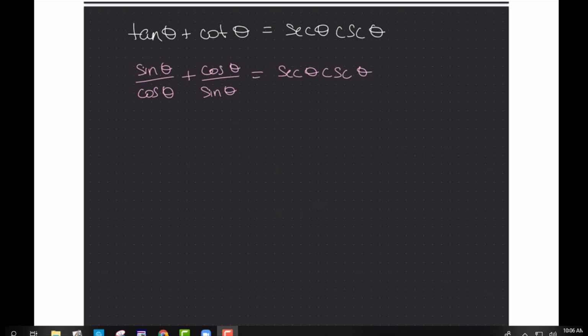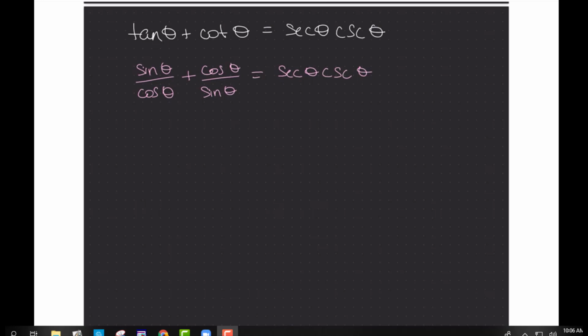Wonder what we could do now. Oh yeah. These ones are being added together, right? So we can't cross cancel. So those two things are fractions. Good job. Beautiful. And when we add or subtract fractions, we have to have a common denominator, right? So I got to look at my denominators. So what do you think a common denominator is going to be? Sine times cosine,